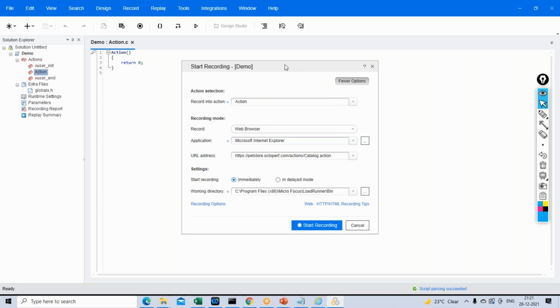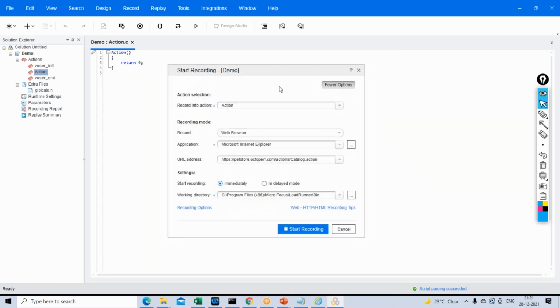As soon as you click on the record option, you will see this window where you will have different options. You see that we are recording in the browser called Microsoft Internet Explorer. However, you can use different browsers as well, like Firefox, Edge, and so on. I think Chrome should also be there, but for some reason Chrome is not getting displayed now.